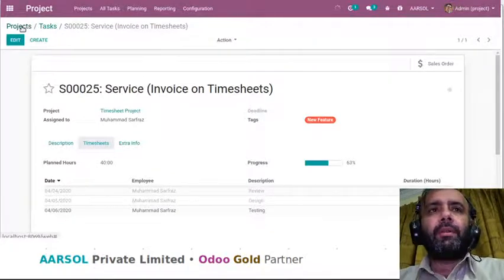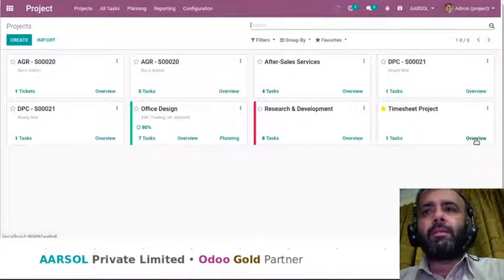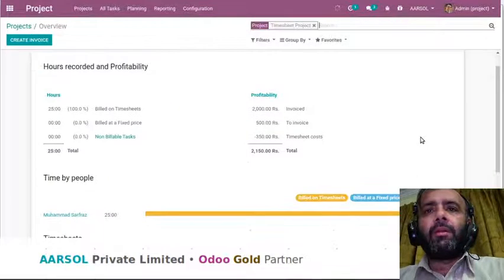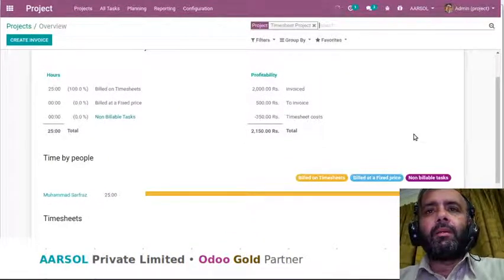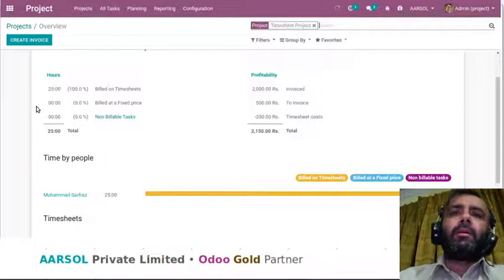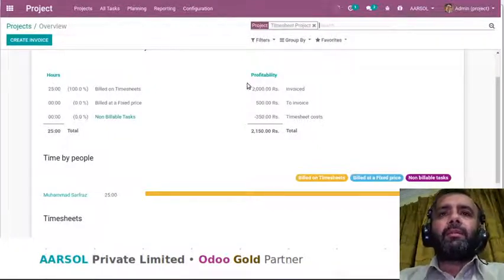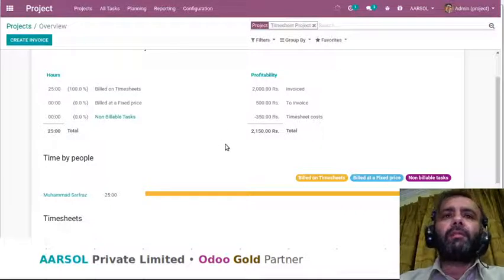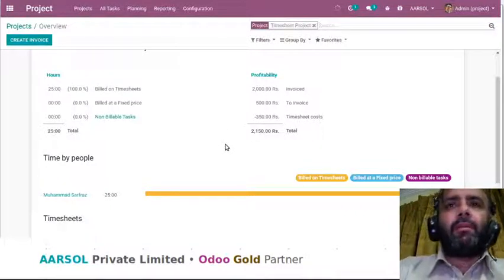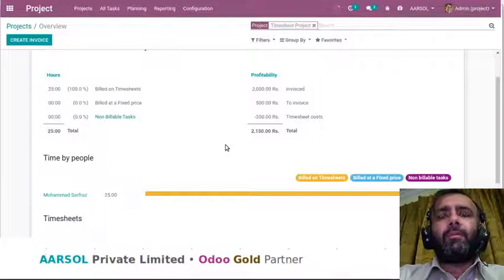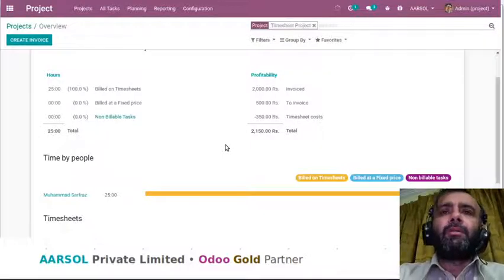Now if we move to the project, and we go to the overview, here we can see that 5 hours and 2000 have been invoiced, 5000 yet have to be invoiced, and for those 5 hours 350 is the cost. Actually first we have to fill the cost of that employee before proceeding, before saving the timesheet, to apply the rate of